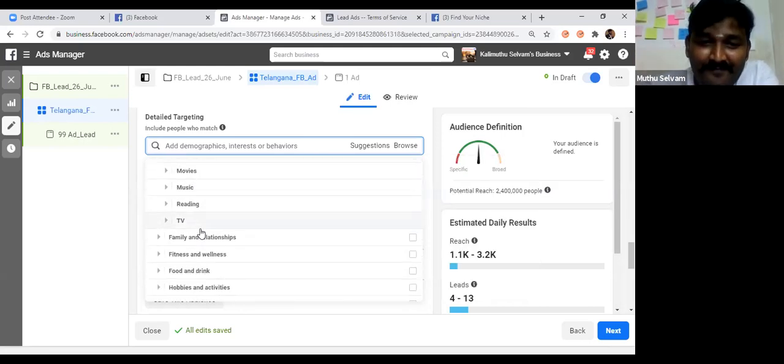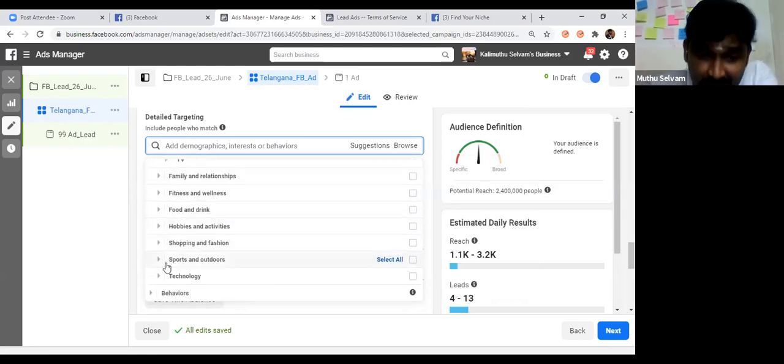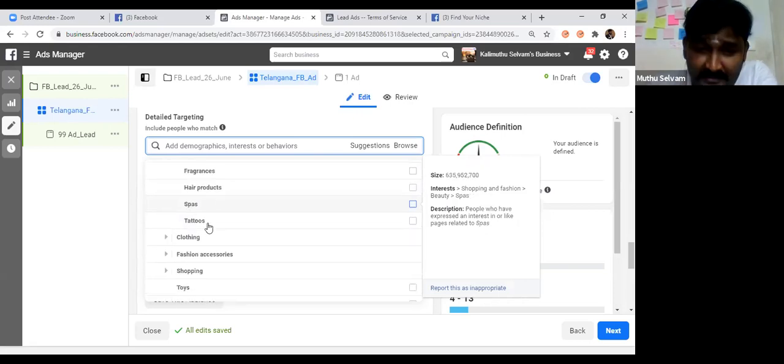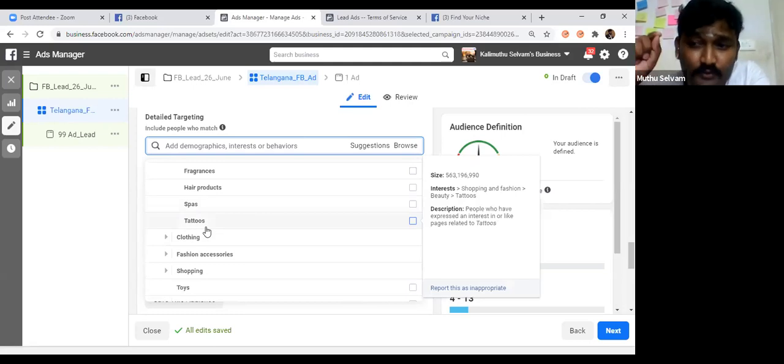There are so many things. Shopping and fashion: what kind of shopping they do. Beauty salons, whether they frequently visit beauty salons, whether they frequently purchase cosmetics, hair products. So these are interests. Somebody might run a tattoo studio, who looks for interest in tattoos, only those will go.